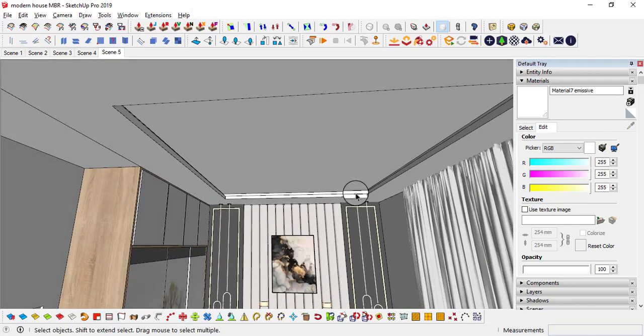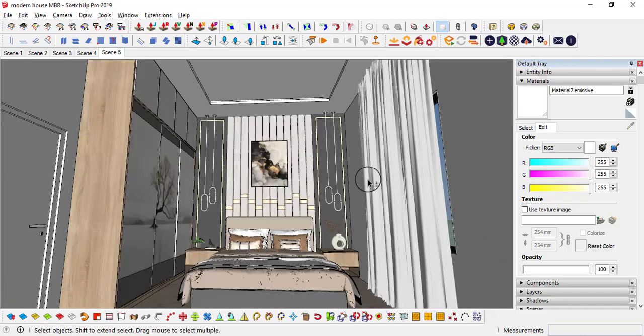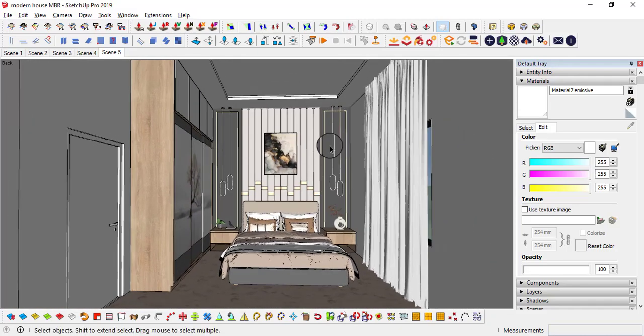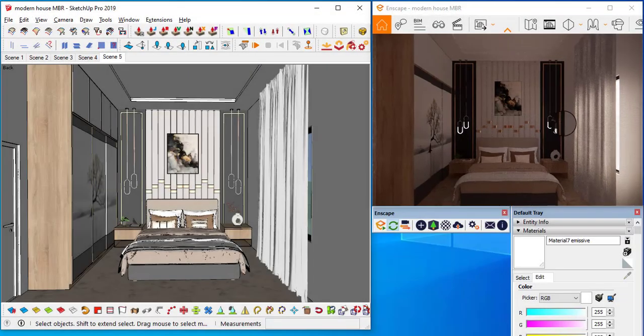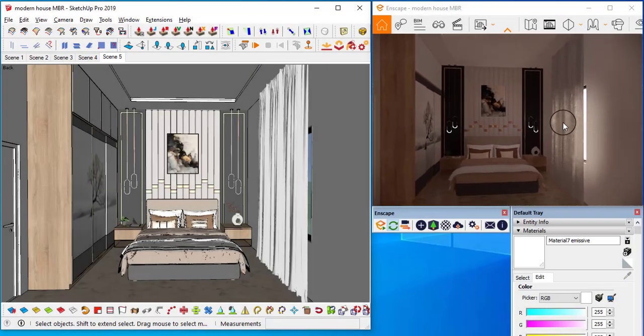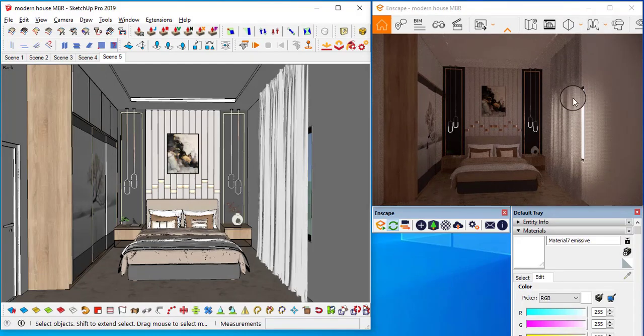That's up to you. What I am going to do is check the render to see if we are getting some lighting from here and from the exposure. Once you observe this scene, not much lighting is coming out of it, so I need to use some artificial lights as well.